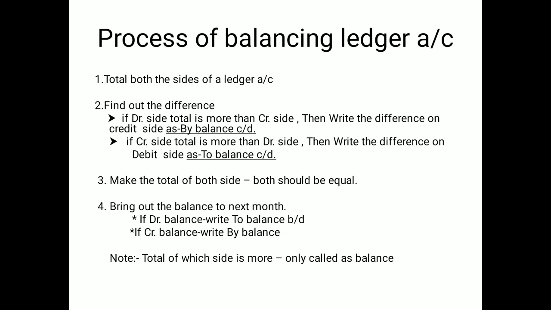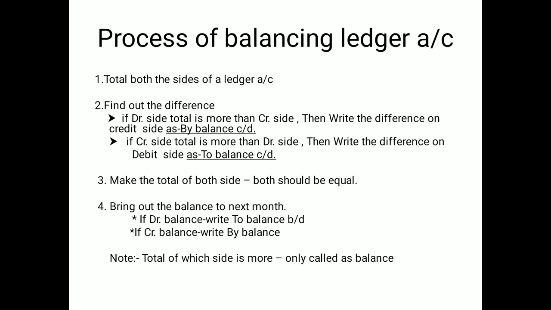So all the entries related to, suppose, machinery, I am taking, all the machinery's items are to be put on the debit or credit side according to the recording of the journal or subdivision of the journal, then balancing will start. So first make all the postings into one particular account, called, like, machinery. Then you have to make the total of both sides. First, to calculate the balance, that means balancing of an account, make the total of both sides first, and then find out the difference, where the difference is standing now.